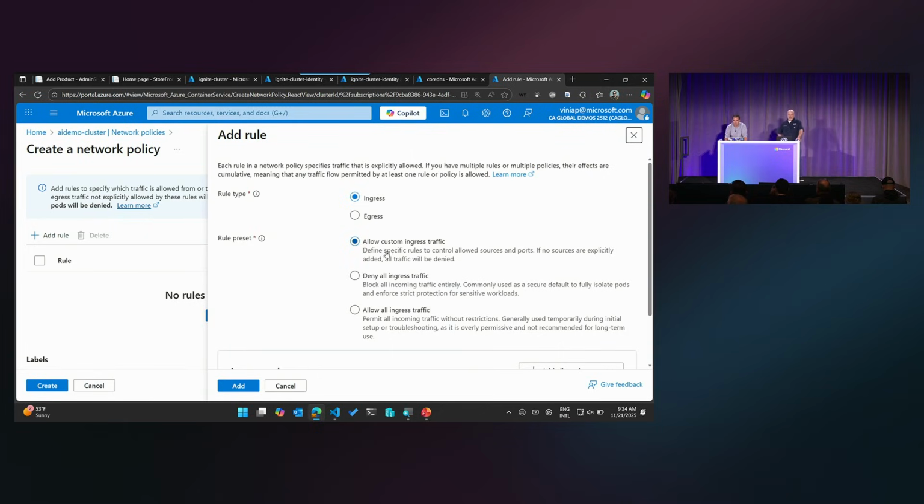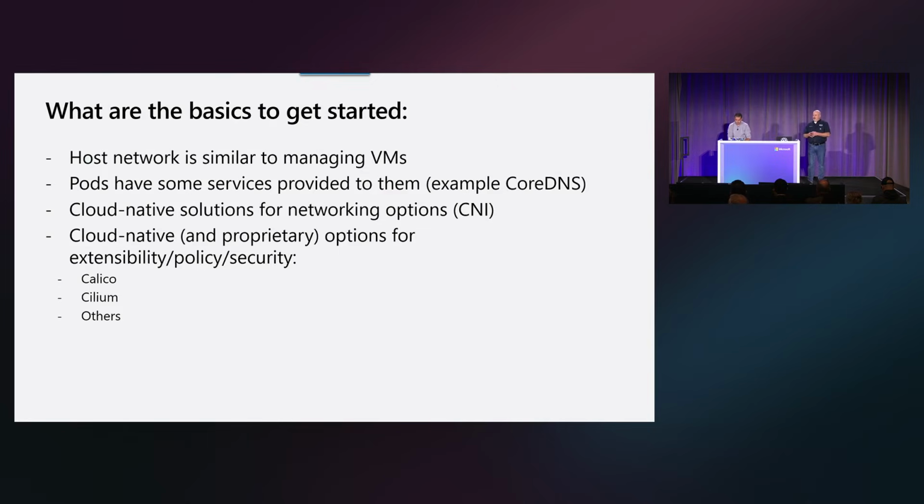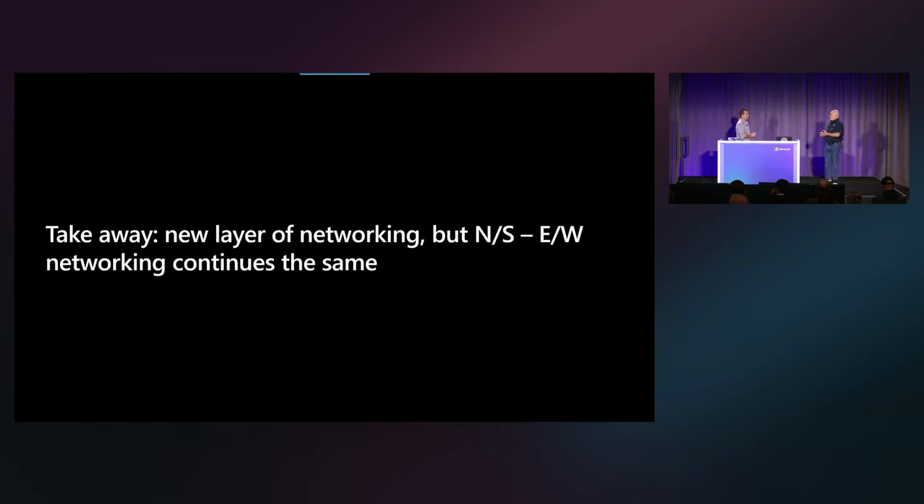And I can allow traffic and disable everything else, or I can disable traffic and allow something else. It's the firewall you've been using for your entire career, just deployed in a slightly different way. So your network policies in Kubernetes are kind of like the equivalent of your NSG, your network security group in a traditional virtual network in Azure. Yep. So from here to here, allow, deny.